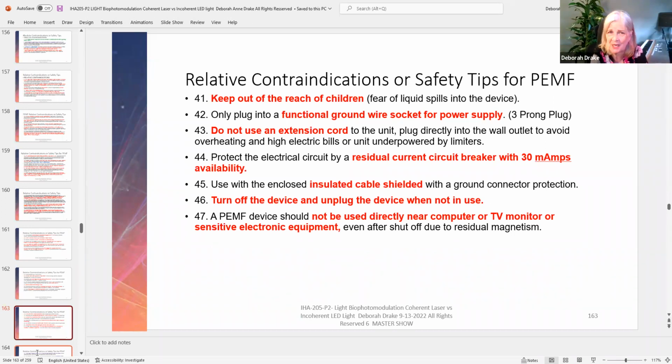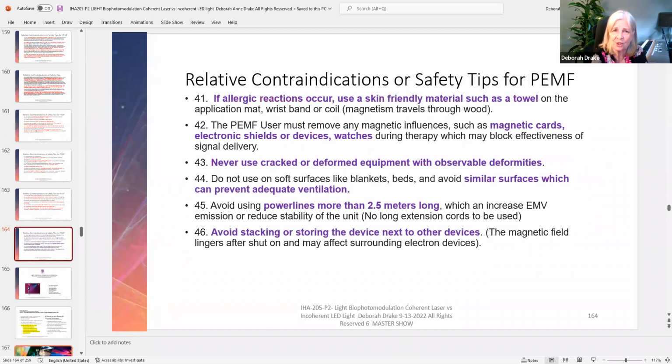You'll see the screen shaking a little bit. And if an allergic reaction stops you from using it, try a friendly towel in between. If the problem continues, then stop, take off the magnetic devices and see if things heal, see what's going on. And I'm not going to be giving you medical advice here. This is just good practice as a coach. If somebody's irritated by the method you're using, change methods.